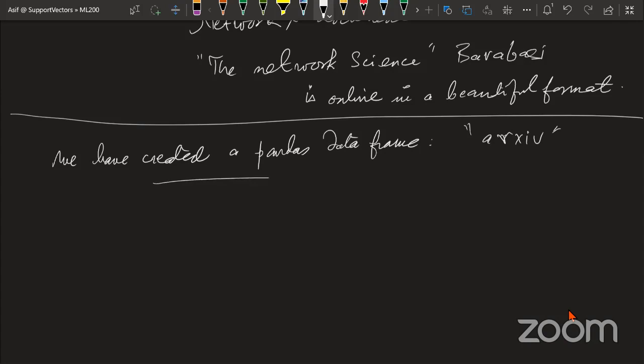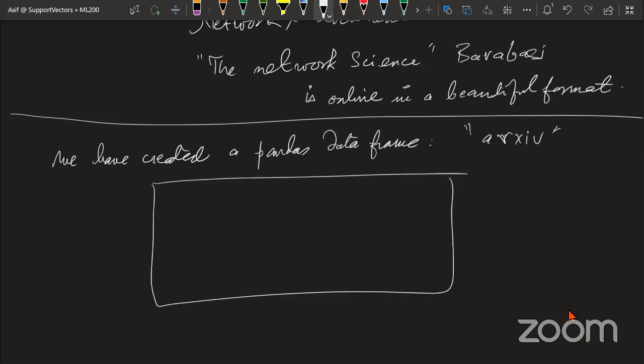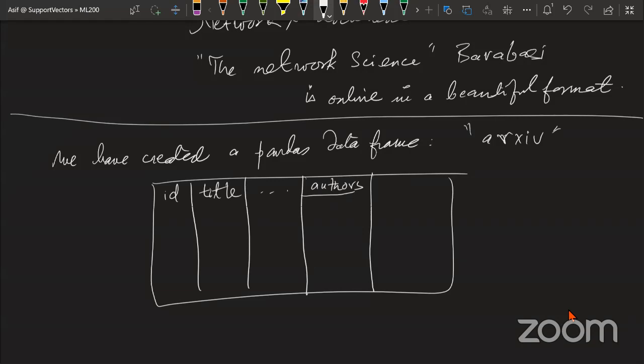The archive data frame contains, amongst other things, an ID column, a title column, and other columns, and then it has an authors column. Now, the authors column for any given entry will contain a list of, let us say, A, B.